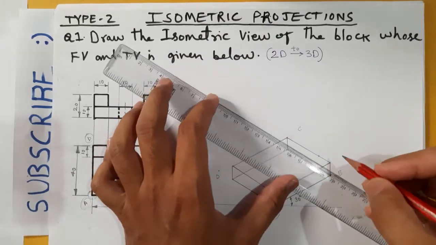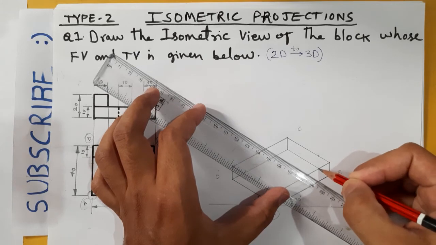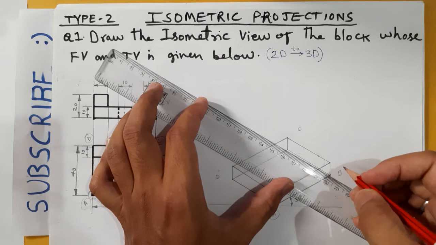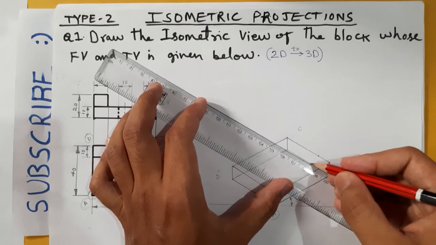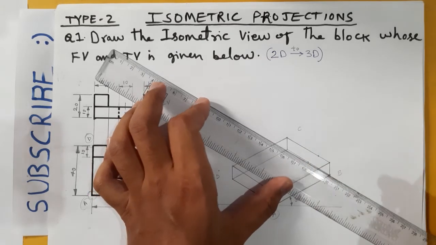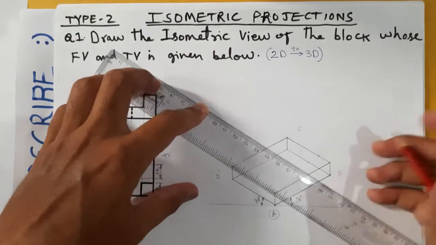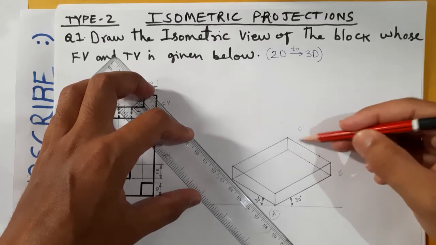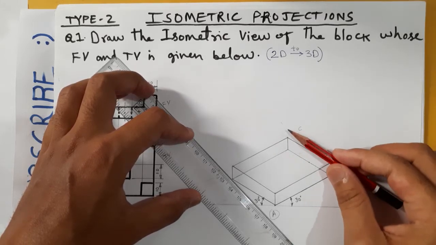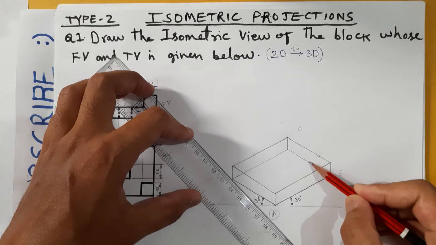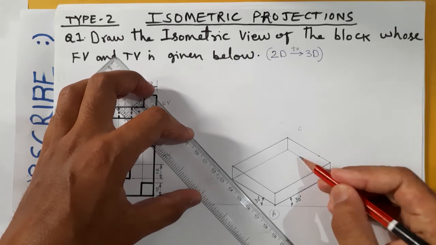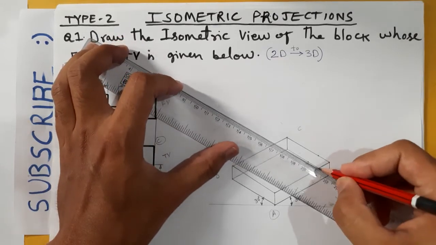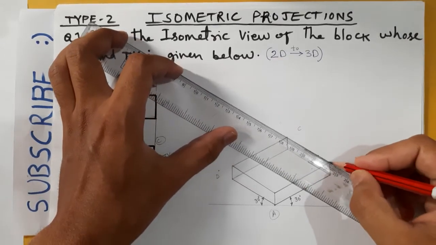Then one corner, two corner, three corner we got, another corner will come somewhere here. We will see that from here 10 mm. How to draw this I will tell you. First let me mark it. Parallel to this line, just move 10 millimeter like this, you will find this one. Okay, this may not be on this line, it may be here and there, but as per this problem it is there itself. So join this in this manner.